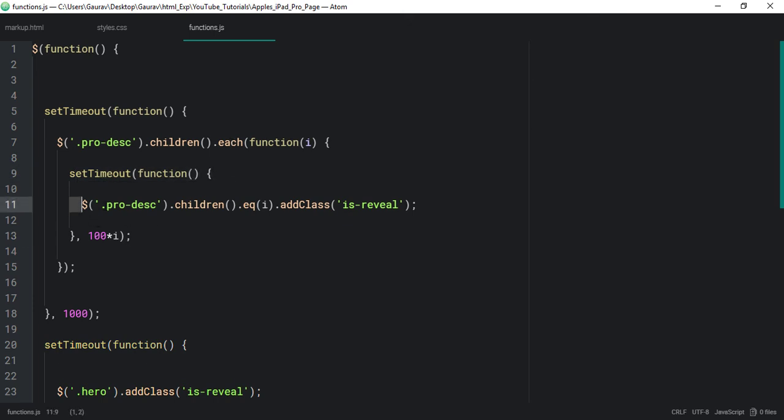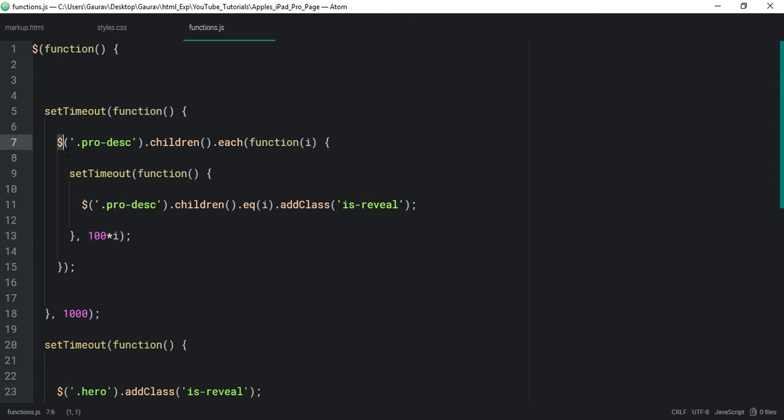So the next time it is going to select the second element in the pro description section, and it is going to add the class of isReveal, and the next time the duration is going to be 200 milliseconds. Okay, so 100 times 2, and like that the third gets the class of isReveal, and it is going to set the time for it to 300 milliseconds.